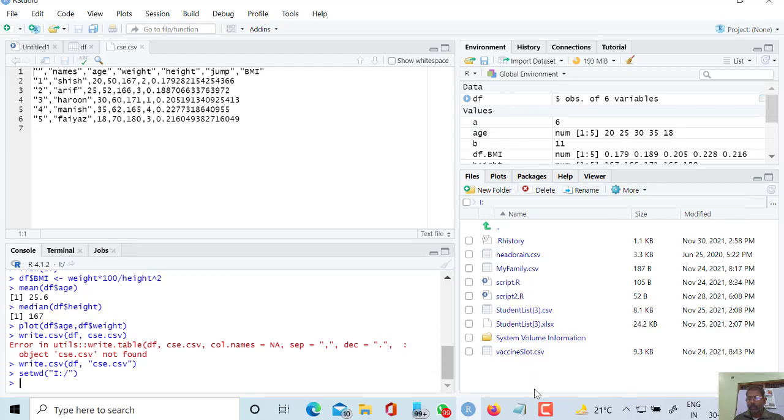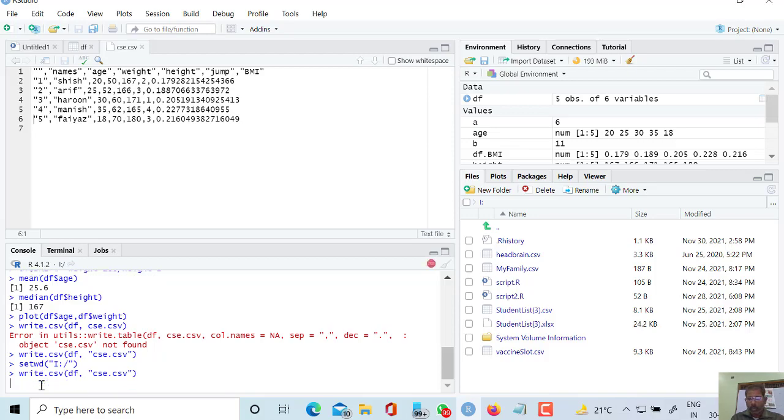So in this way we can set my working directory here. Again I am executing the same command and writing my CSV file in my working directory. So here my file has been written.